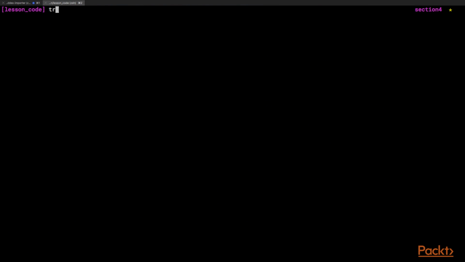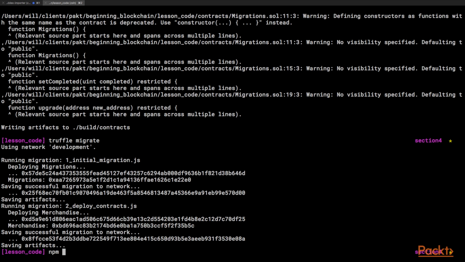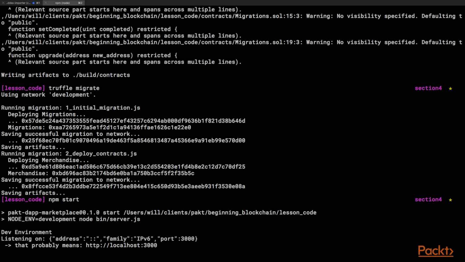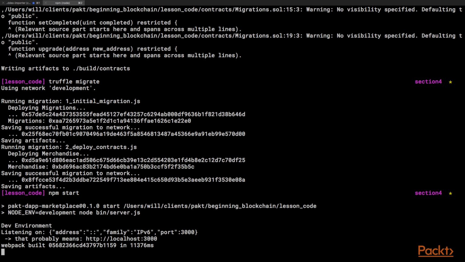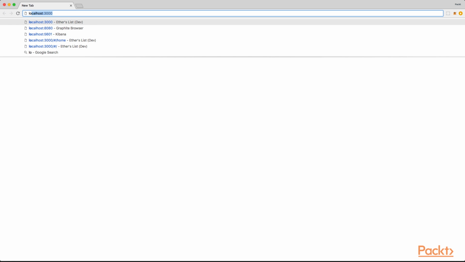Now I just started Ganache, which means I have a brand new network where my contracts haven't been deployed, so I need to deploy those, and I'll do that by compiling them first with the truffle compile command, and then migrate them to my Ganache installation with the truffle migrate command. And now we can start our application, our web UI, with the npm start command. When that starts, it's going to do a little bit of initialization. It's going to bind to our localhost port. And then the phrase that we're looking for here is that Webpack built, meaning that Webpack has compiled our application bundle and it's ready to download, which we can do by opening a browser and going to localhost on port